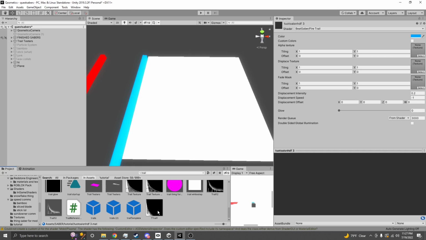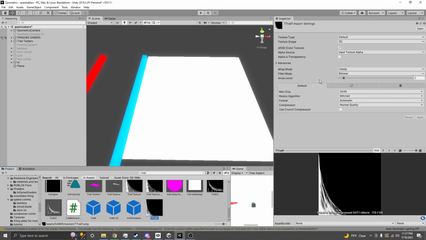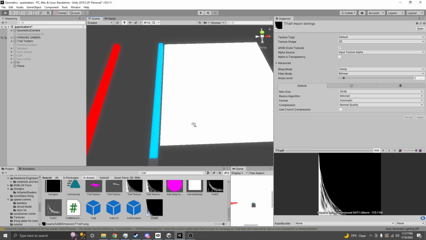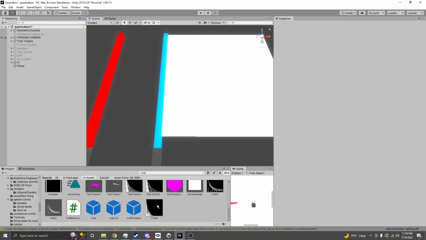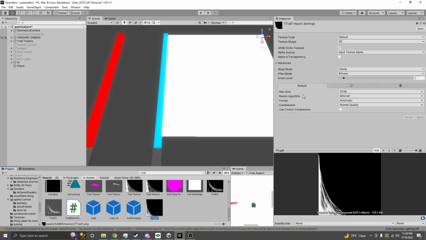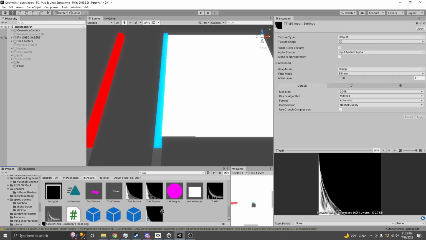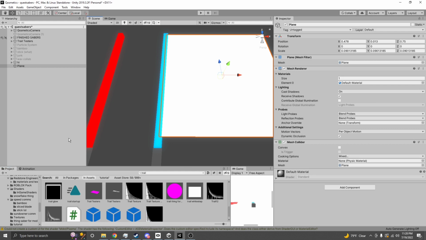I already have a few textures, but just before you start getting into anything, make sure that once you have yourself a trail texture, you click on it, come to the wrap mode, and change it to clamp. This will keep it from doing anything weird when you try to, you know, put displacements and whatnot on it. It'll also look a bit odd. So if you're having an issue with it looking